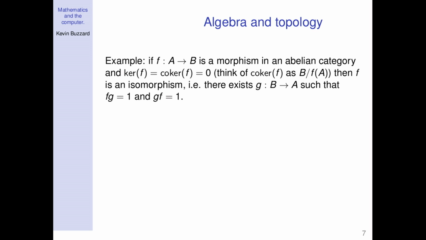I didn't tell you the precise definition of an abelian category, but a key thing is that if you have a morphism in an abelian category and it has no kernel and no cokernel, then it had better be an isomorphism. A kernel is some kind of limit in this category, and a cokernel is a colimit, but to be very concrete, imagine A and B are abelian groups. Then you know what the kernel of a map from A to B looks like. It's just the things that get sent to zero. And the cokernel, you can just think of it as the target quotiented out by the image.